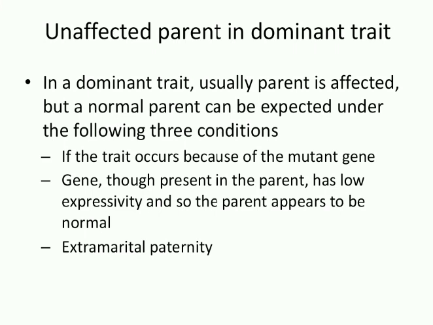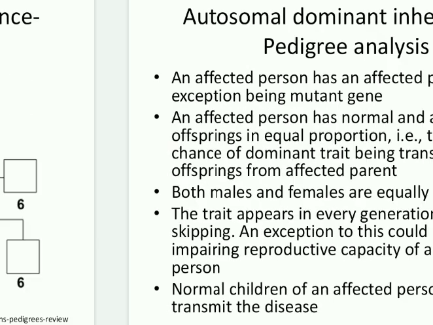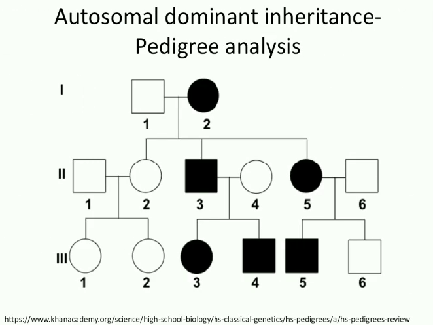Okay. I told you that an affected patient must have an affected parent, but there are certain exceptions. For example, here in the second generation, one male is affected. Am I right? Normally this male person should have one affected parent, but when you draw the history, the parent is not affected. How is it possible? But it is an autosomal dominant trait. It can be possible when the disease appears in the particular person because of mutation.